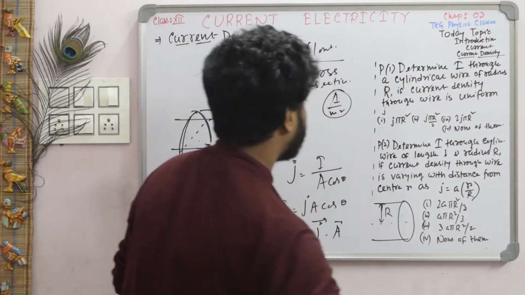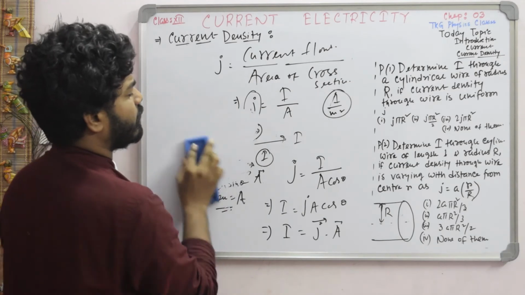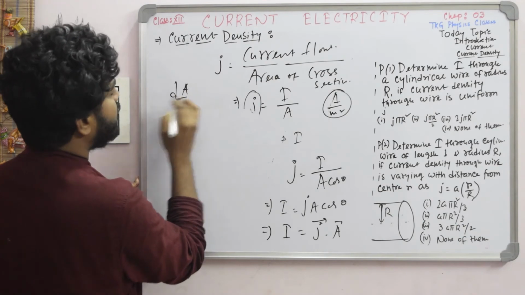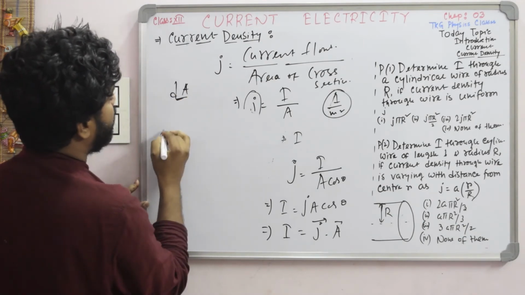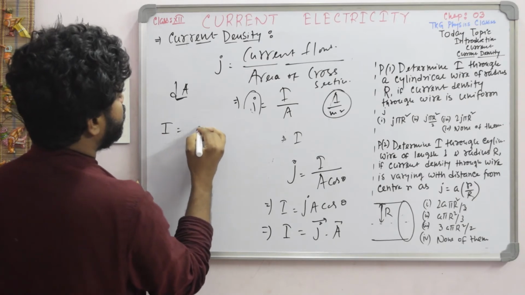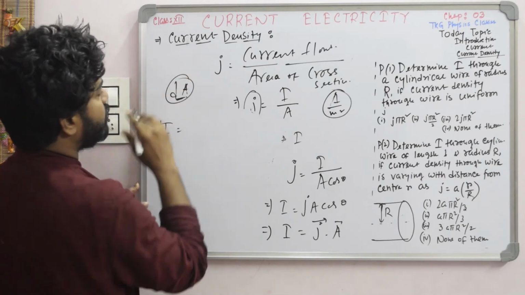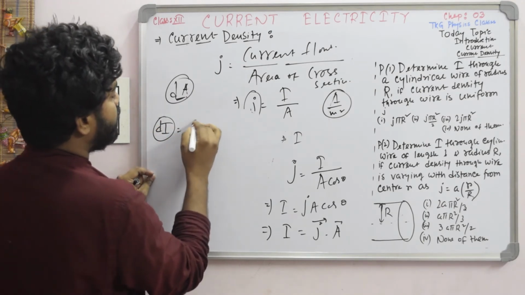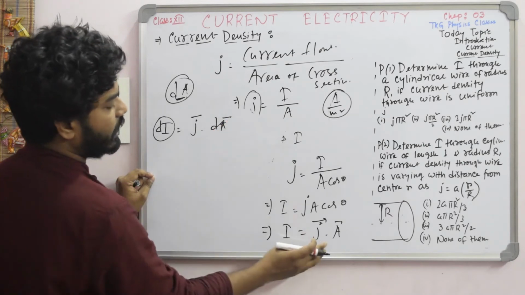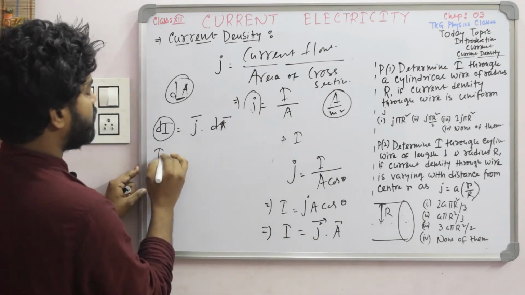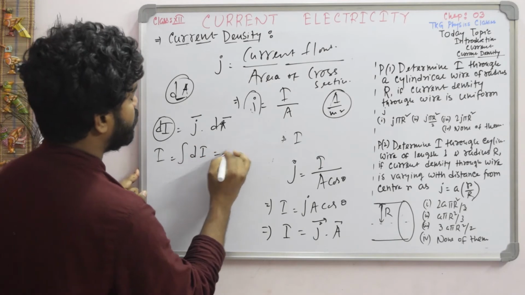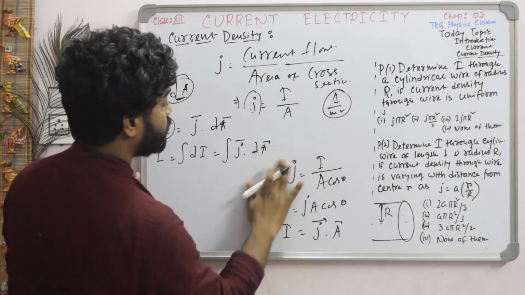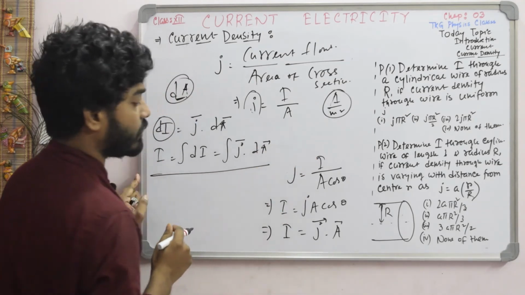If we consider a small area of cross section which is represented by dA, then in that condition we can write the current as dI. For this area of cross section, suppose the amount of current is represented by dI. So, dI must be J vector dot dA vector, like this way. So, what will be the total current? I, that is the integration of dI. So, this formula becomes the integral of J vector dot dA vector. So, this is the final form of measuring current.